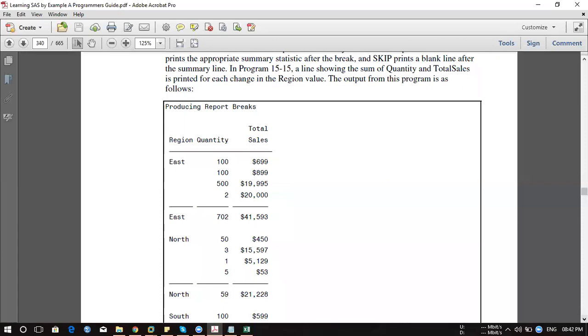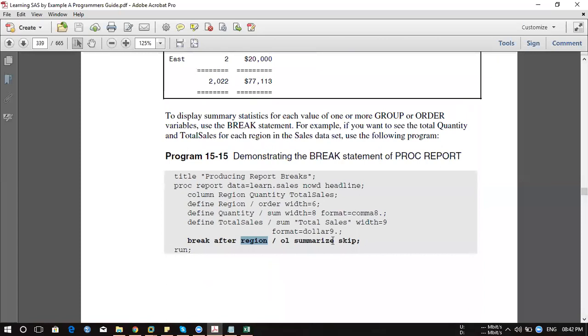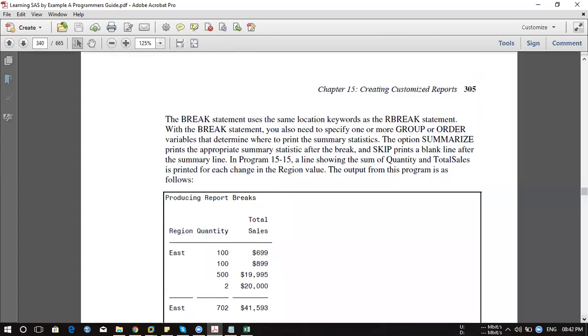And skip is used to give one more extra line space. So this is skip. Whenever you're looking for any summarized value, your sum, mean, all those things, skip prints a blank line after the summary line.